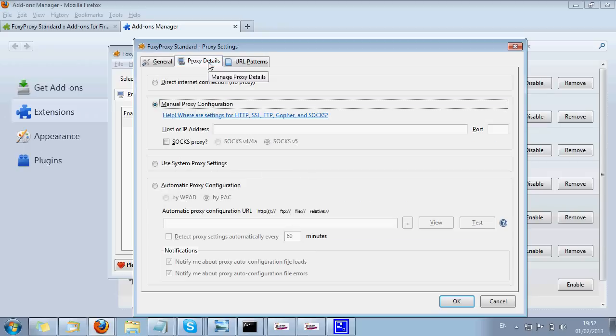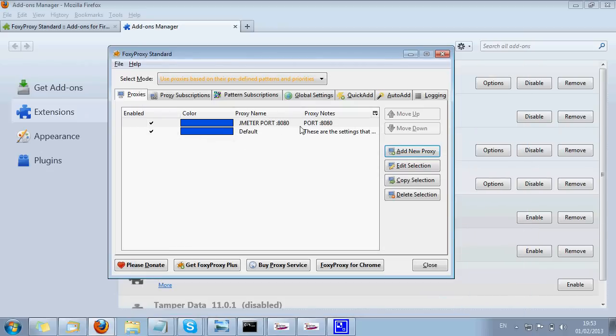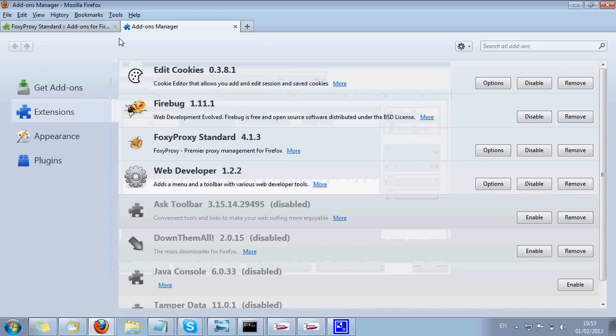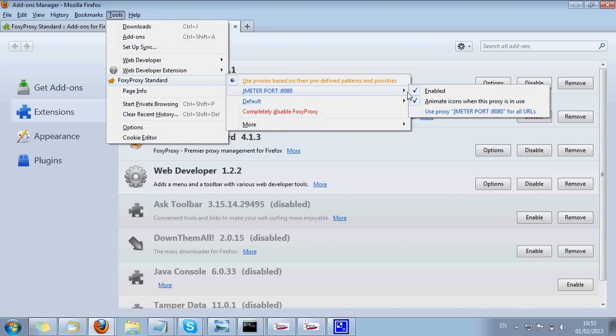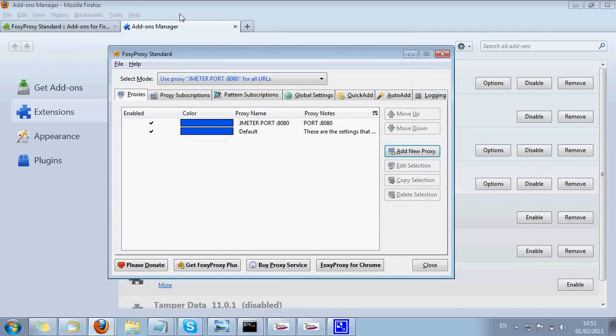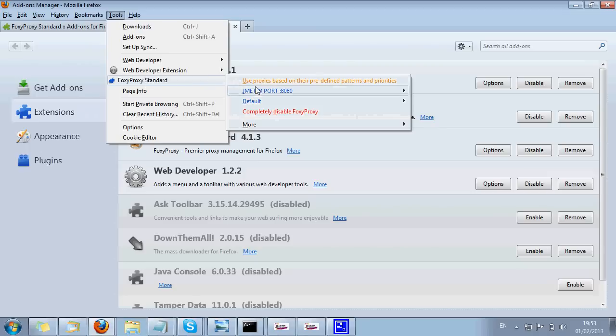Now the next tab, proxy details, like the manual setting we are going to do: localhost, 8080. Okay, so this is the IP address of the localhost and 8080. This is for manual proxy setting. Okay, so let me add the proxy. This is our proxy created. So we need to set our proxy setting to JMeter. Okay, so now it's done. You can recheck it. We are using port 8080 for that.